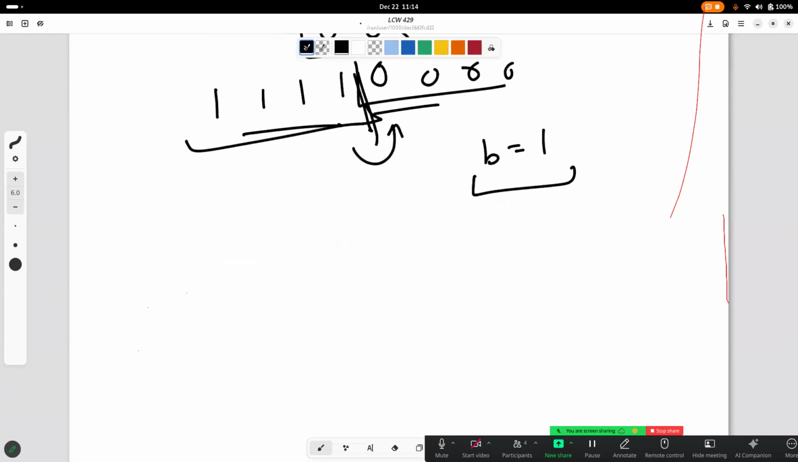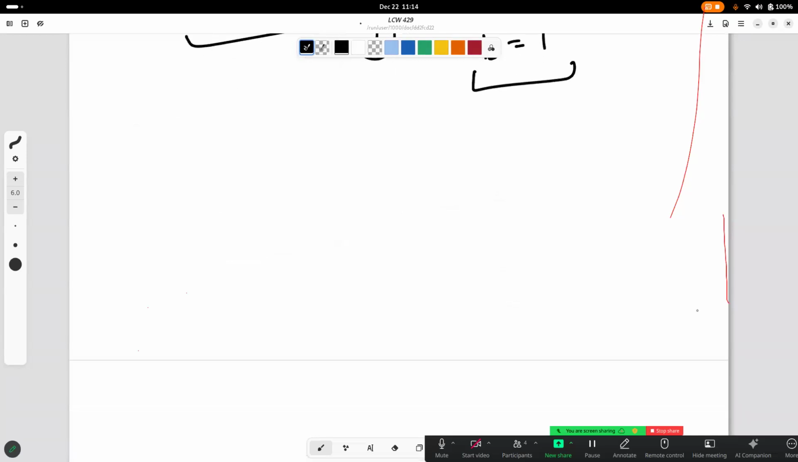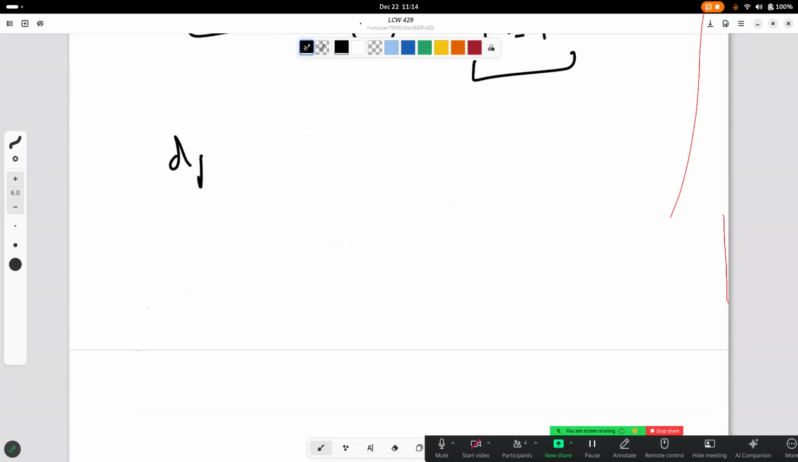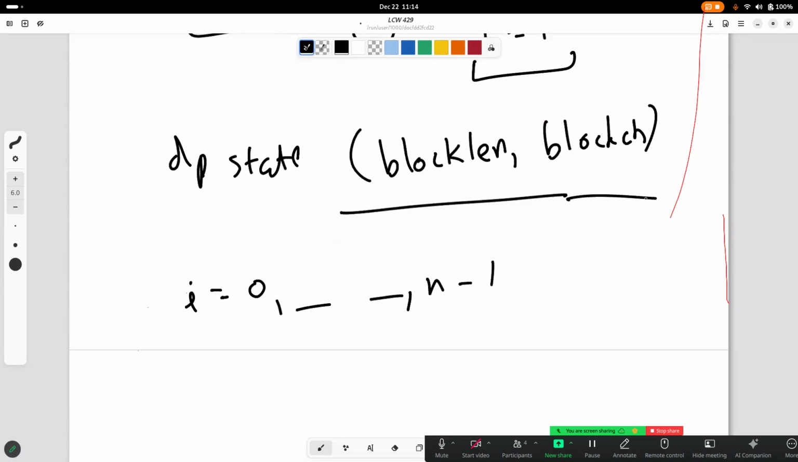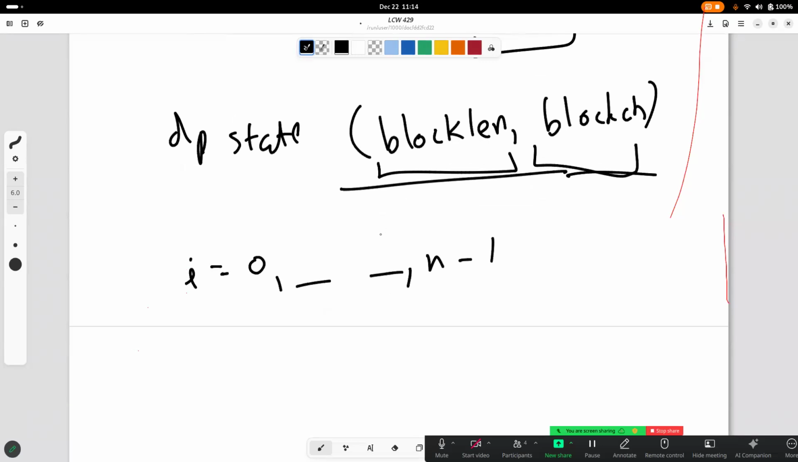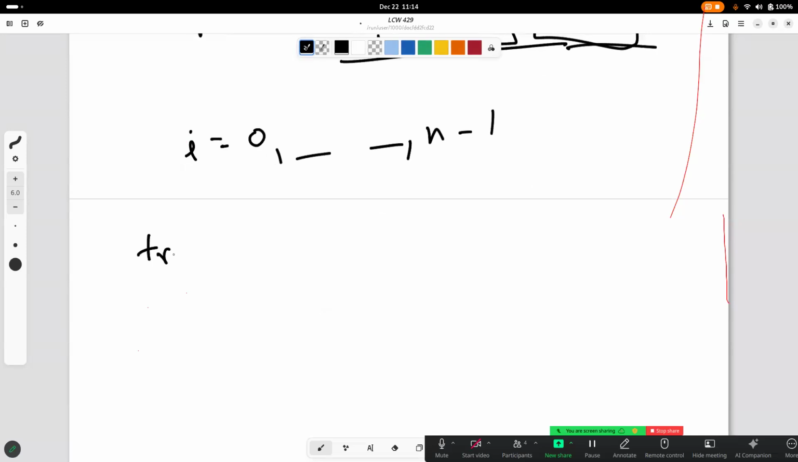So that's kind of the overall idea, that we'd have a DP state of the block length and the block character, and we'll update this step for all i from 0 to n minus 1. What is the minimum number of operations that we need to get this block length and this block character for the final block? And finally, we can just iterate over all our DP states and see which one is a good one. And the transitions would be like